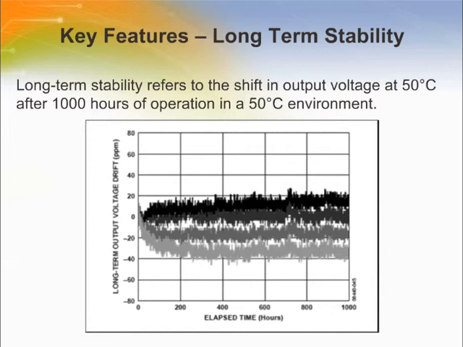One of the key parameters of the ADR34 series is long-term stability. Regardless of output voltage, internal testing during development showed a typical drift of approximately 30 parts per million after 1,000 hours of continuous, non-loaded operation in a 50 degree environment. It is important to understand that long-term stability is not guaranteed by design, and that the output from the device